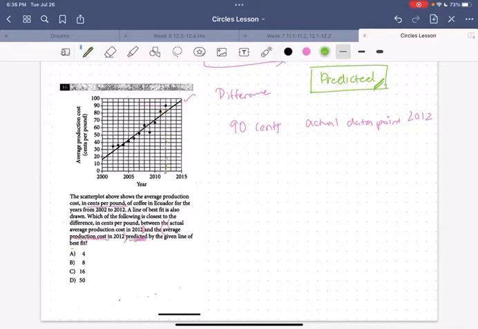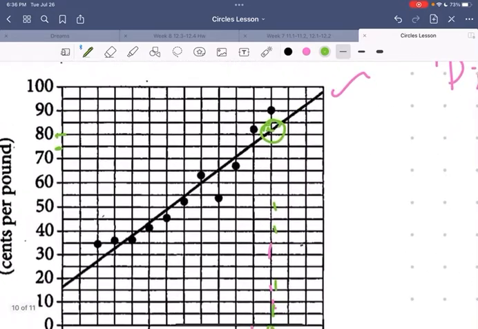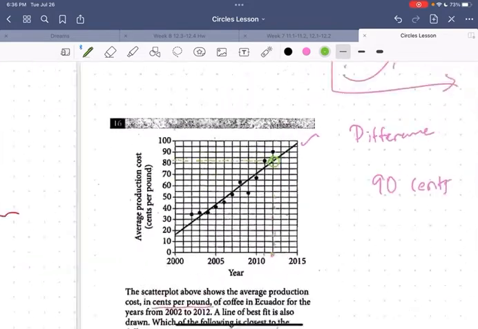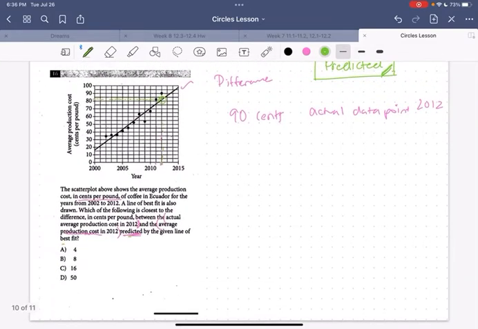It looks like it's roughly right there between 75 and 80. Can you see this little point right here? It's between, let me zoom in. You can kind of tell it's between, oh goodness, no, it's not at all. This is why you want to be more accurate. If you had to draw an imaginary line, which I prefer to do, it would be roughly there. I'm just going to say 80. They won't ask you to be too accurate. So I'm going to say roughly 80 cents